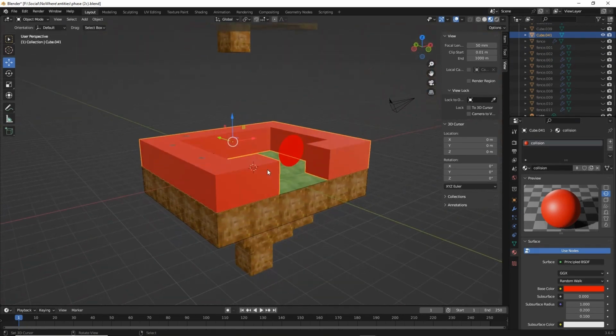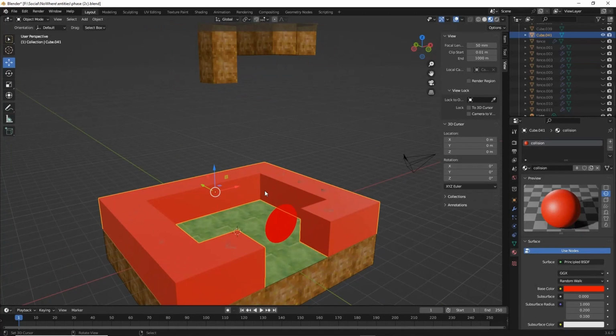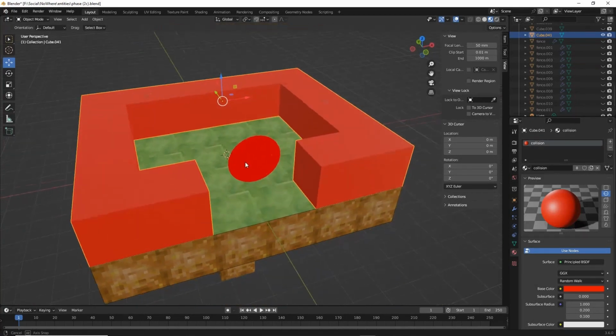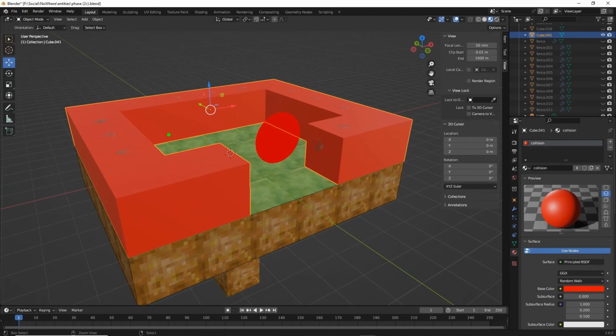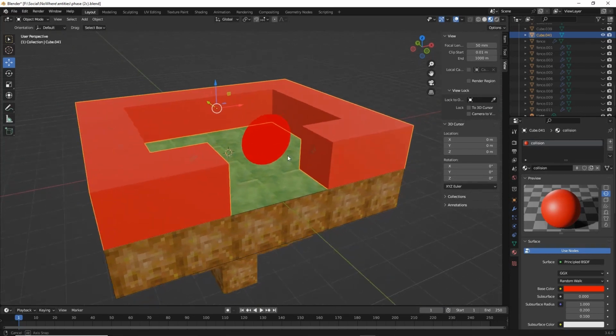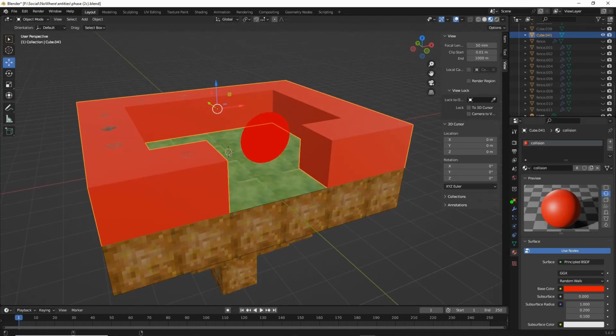So that's our collision bounds for the fence posts. Doesn't give us a whole lot of room inside here, but that's okay for the purposes of what we're doing this for. And again, if we want,